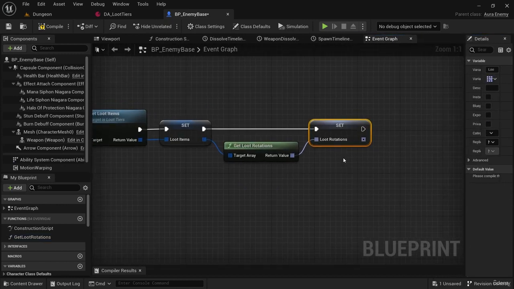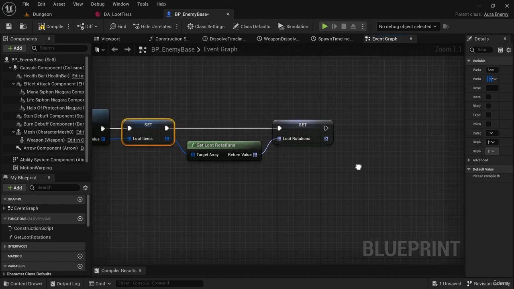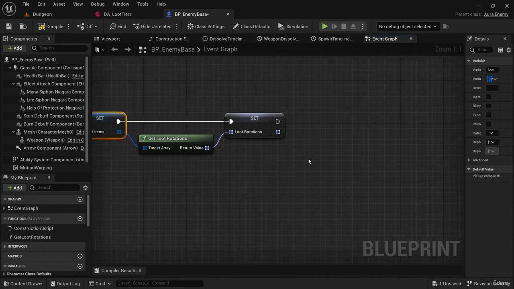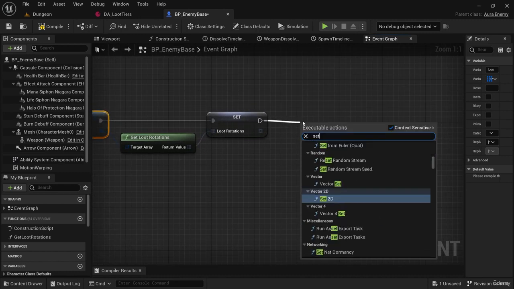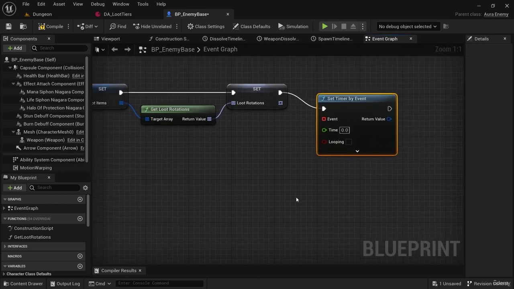Now, once we have our loot rotations and loot items, I would like to spawn them one after the other. That means I don't want to use a for each loop. I'd rather use a timer that I can fire an event off repeatedly, and for that, I can call Set Timer by Event. And I can create a custom event,